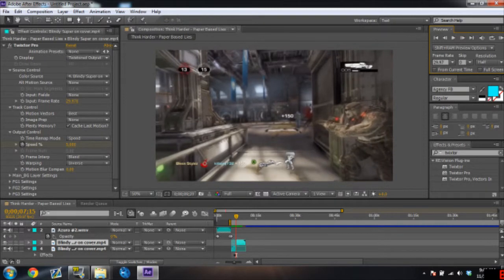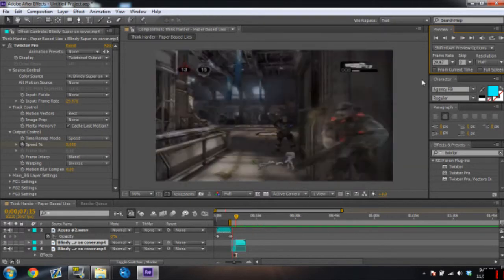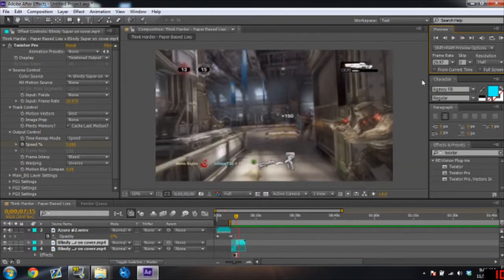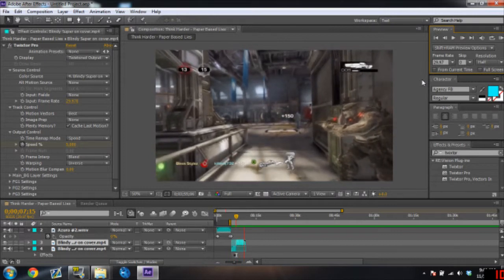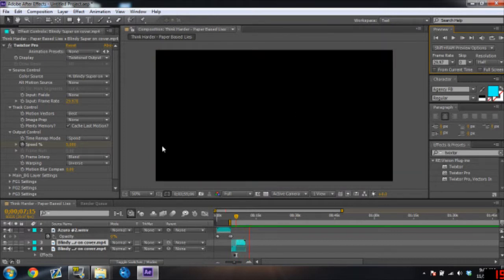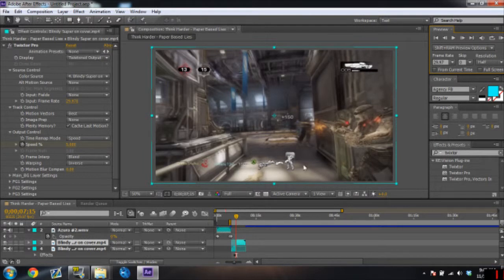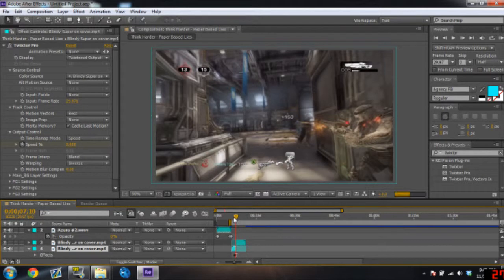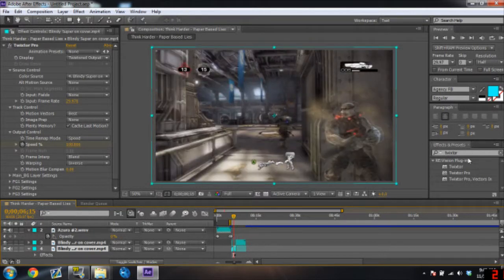So there we go, there's some Twixtor. So there you go. So the Twixtor's warping on the edges a little bit. I'll go ahead and just put the CC back on so you guys can see the entire thing, but after I do that,